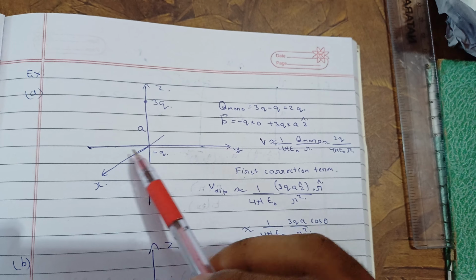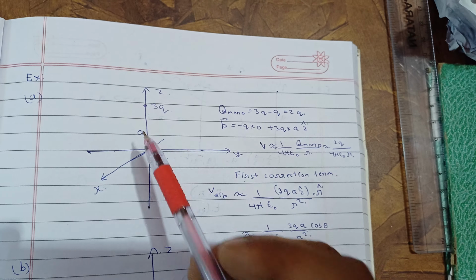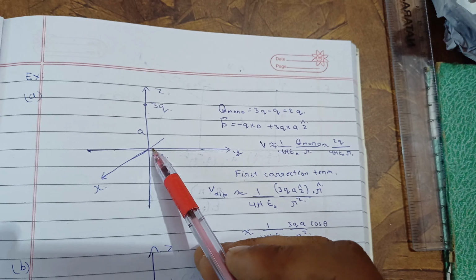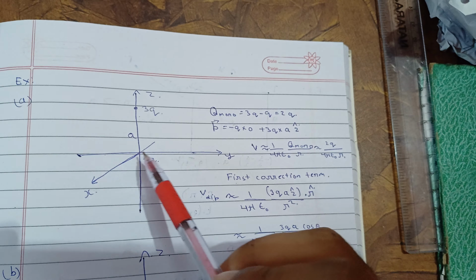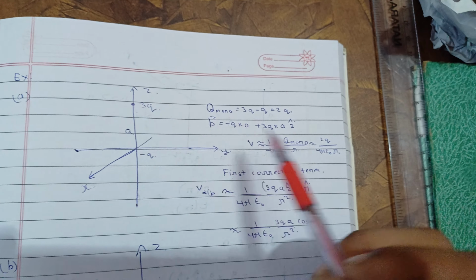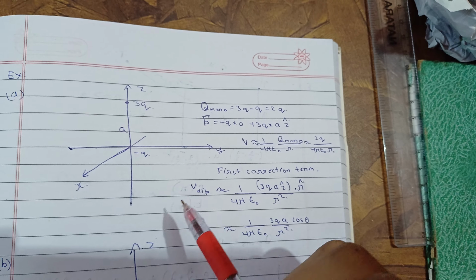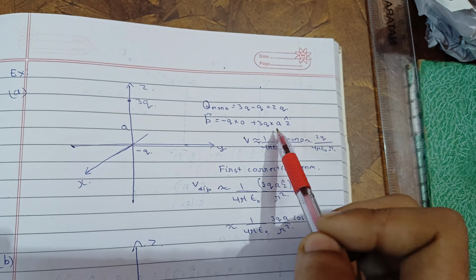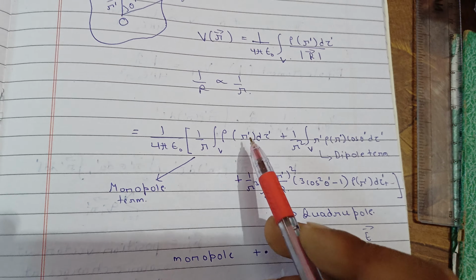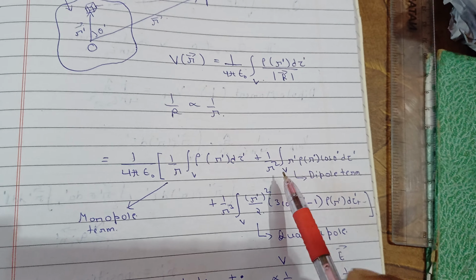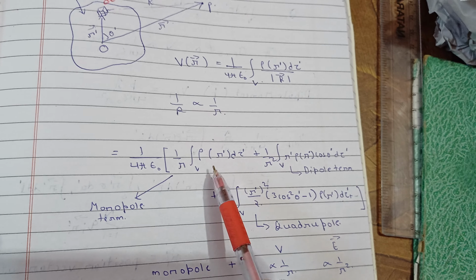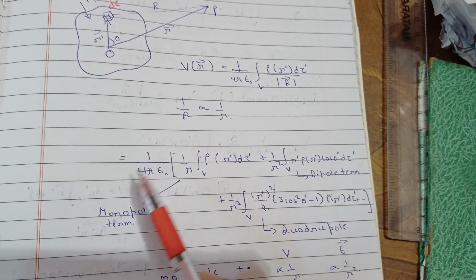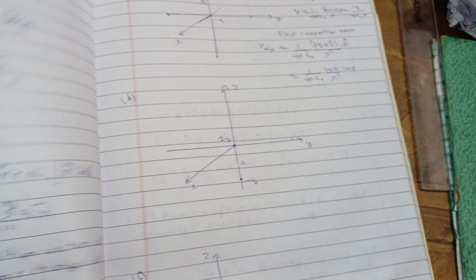And what is p, that is, the dipole moment? First, the position vector of this will be 0, so minus q multiplied by 0 will give you 0, and 3q multiplied by the position vector a will give 3qa. The dipole moment direction is this way, so p will be 3qa z cap. So q mono is 2q, p is 3qa. Now just substitute this q and p in the series. This is your q and this is your p. So substitute here and you will get these two terms. The first term is non-zero, that means the dependency is on the first term, and the others are the correction terms.